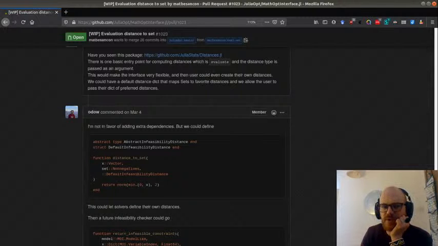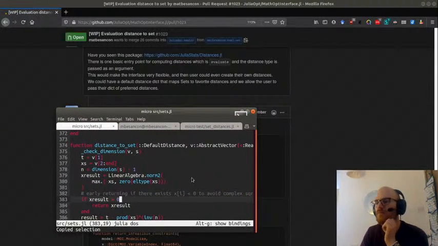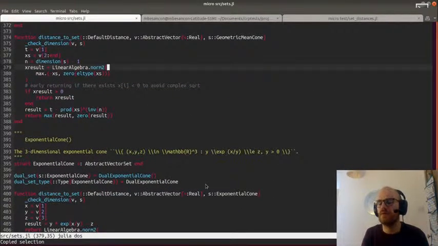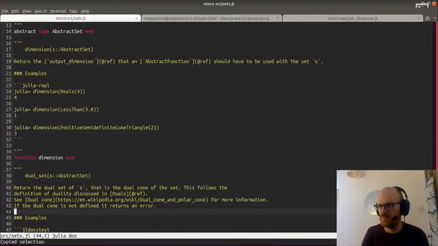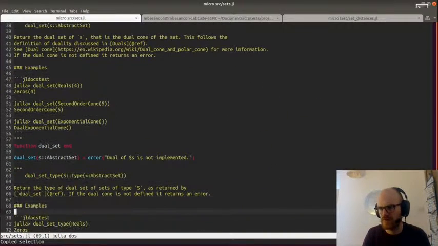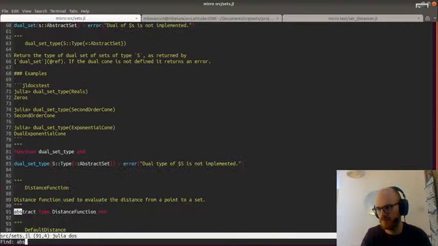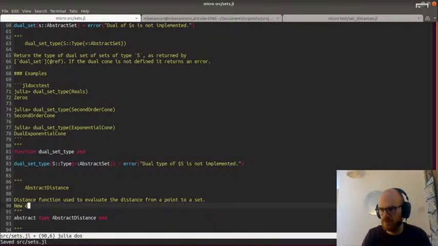Yeah, maybe abstract distance would be more, let's say, consistent with the rest of MathOptInterface, of the package. So this means replacing here our abstract type distance functions by abstract distance. New distance subtypes of